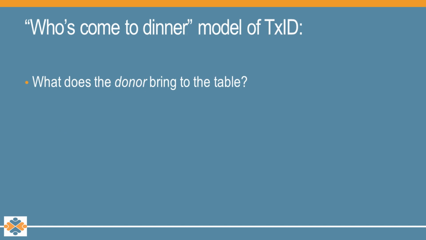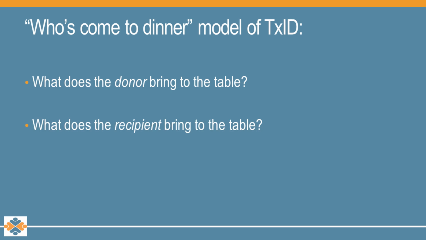The other way that we encourage a lot of our fellows here to think about transplant infections is to think about who comes to the dinner table, and you can substitute that for the surgical table. You can think about that three ways. What does the donor bring to the table is the first question. As you all know, there's a very set panel of tests that all of our opioid colleagues will complete on every donor, but that's always by definition an imperfect set of tests. So the first question is, could this be something that a donor inadvertently brought to the transplant table? We'll talk about some of those things when we get into West Nile and Zika a little later.